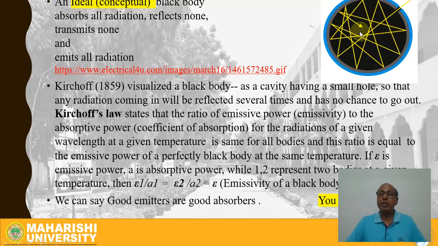And to better explain it conceptually, Kirchhoff introduced this black body in the form of a cavity. That means any radiation which is coming through a hole inside this black body cavity will be absorbed completely. It will not have any chance to go out, as he himself visualized in 1859. Even if some radiation is reflected, it is reflected so many times, and during every reflection some is absorbed. So the total sum is that all radiation will be absorbed.